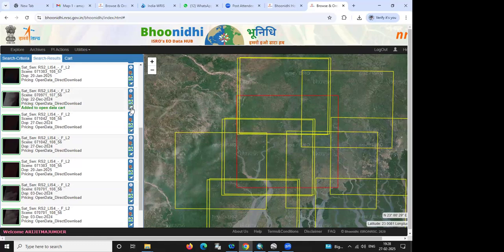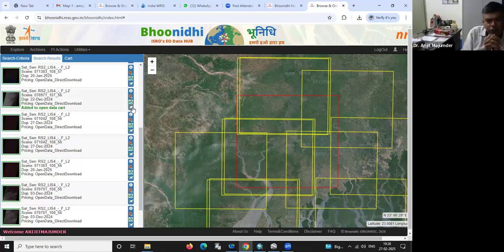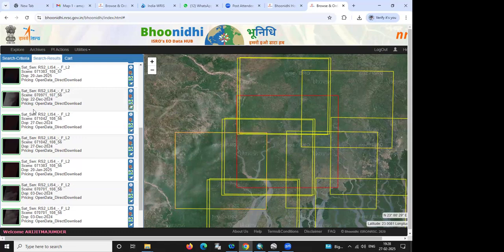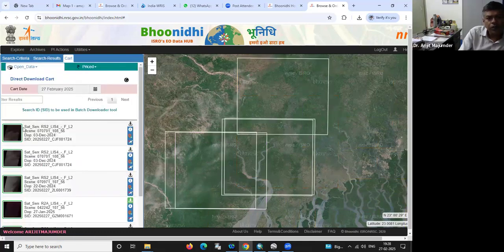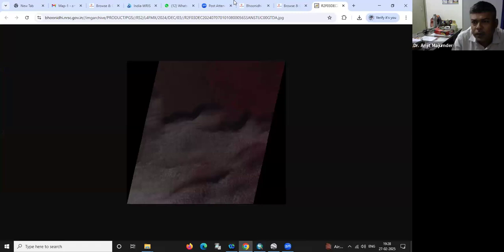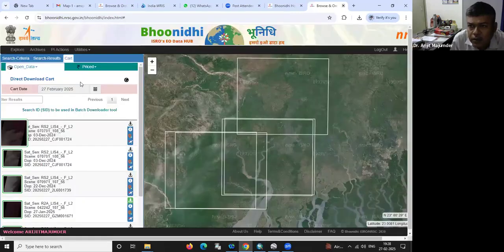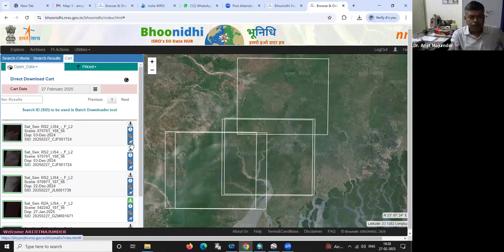Just go to the cart option, sir. A window opens by the side of it, and we just have to confirm it. Nothing else is required. Whenever I'm clicking cart over here, add to cart, this is added to cart. It will be shown under the cart option. That time it was opening automatically. Okay. Anyway,